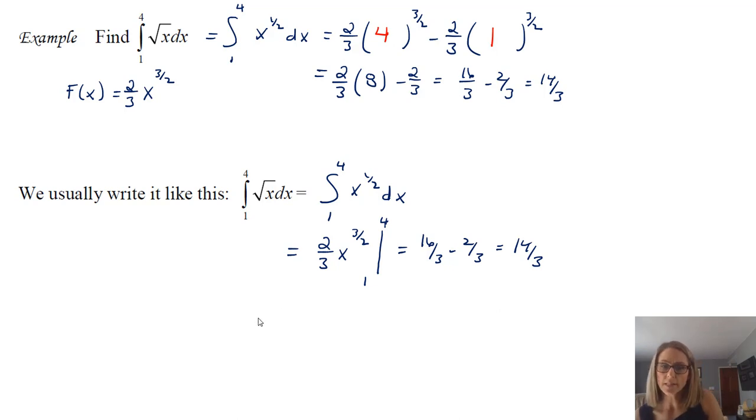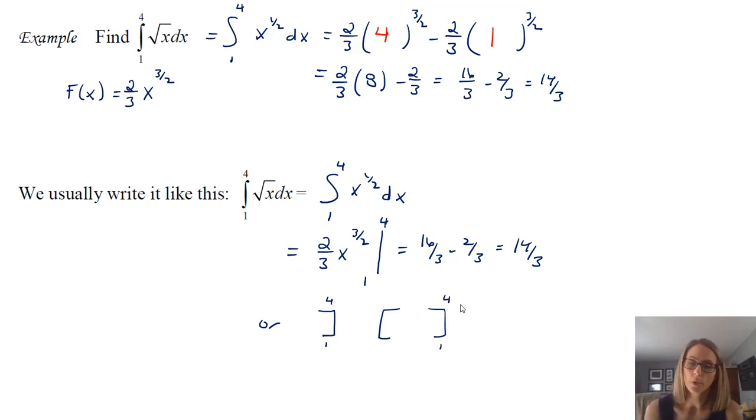So that's typical. Some books may use something more like this. Every once in a while you might see this notation. It just depends on the book and maybe video that you might be watching. What this does is it allows me to continue to use the equal sign, because I can't say that my integral from 1 to 4 of the square root of x is just the antiderivative, it's that evaluated. And so by doing what you see, I can continue to use those equal signs because everything that I have there is equal.